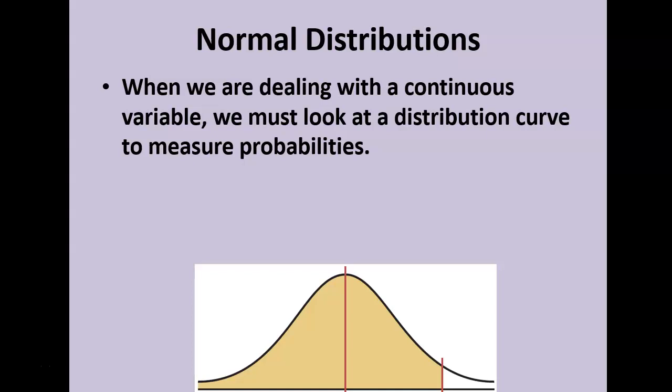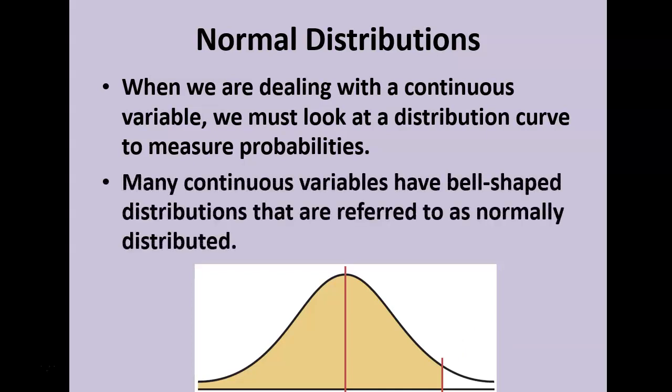So when we're collecting data and we have a continuous variable, a lot of times we'll get a curve shape from our data, and the most commonly occurring curve that we'll run into is the normal distribution shape. This roundly peaked in the middle, symmetric